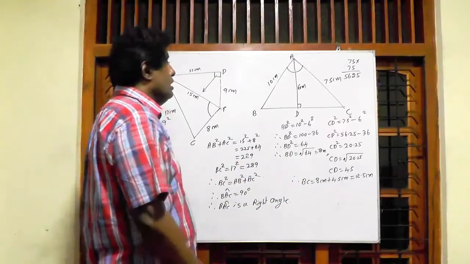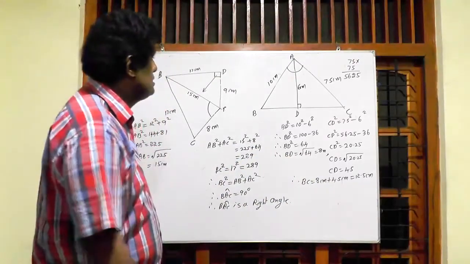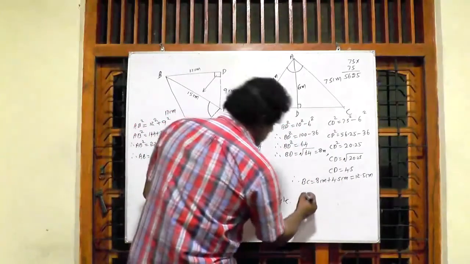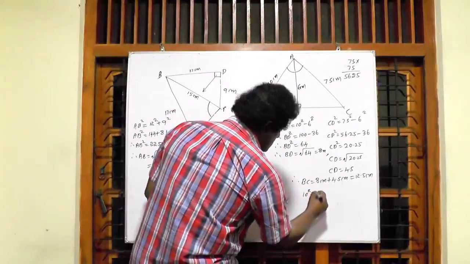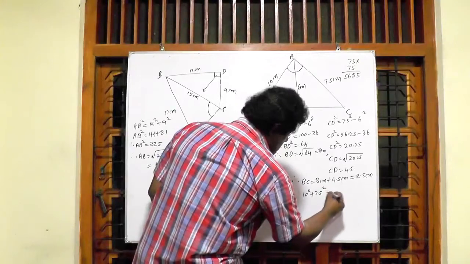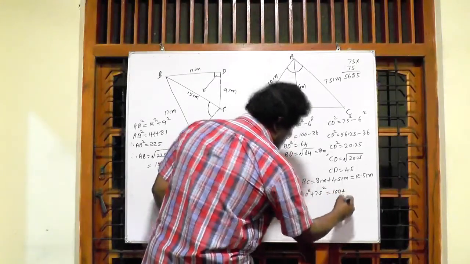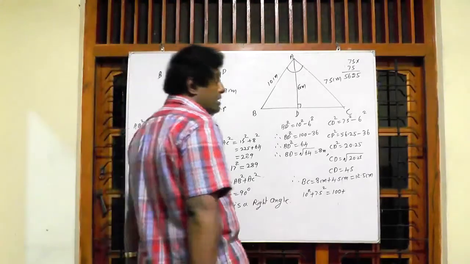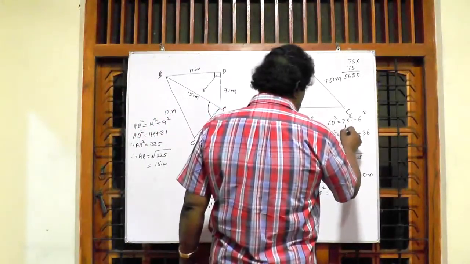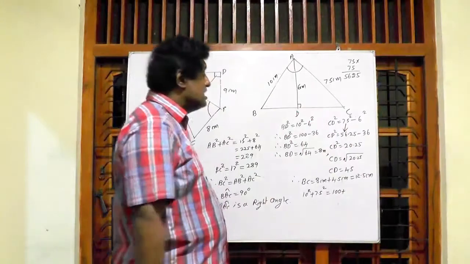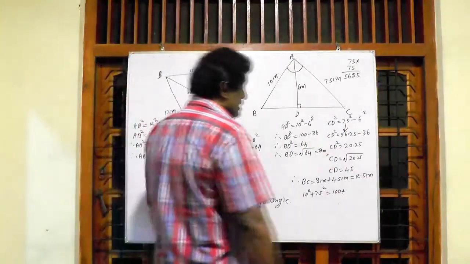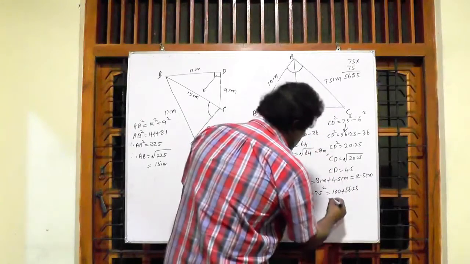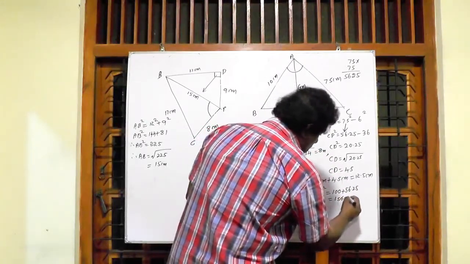The longest side of this triangle is BC, and the other two sides are less than the length of BC. Then first of all, we are going to get the sum of 10 squared and 7.5 squared. 10 squared plus 7.5 squared is 100 plus, do you know the value of 7.5 squared? Here 7.5 squared equals 56.25. Then 56.25 can be written there. That answer is 156.25.